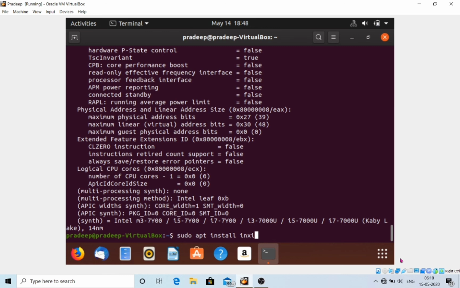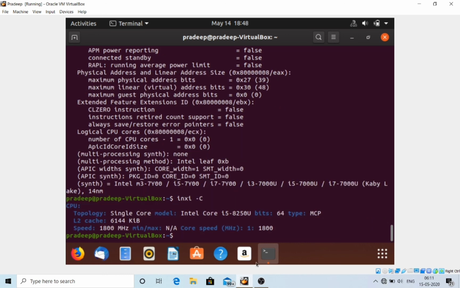So you have to install this package, and after that you will use the command inxi, and I have installed it already, so I use the command inxi -C with capital C to print out the CPU or processor related information. And you can see here topology, model, bits, type, speed, and so many things.